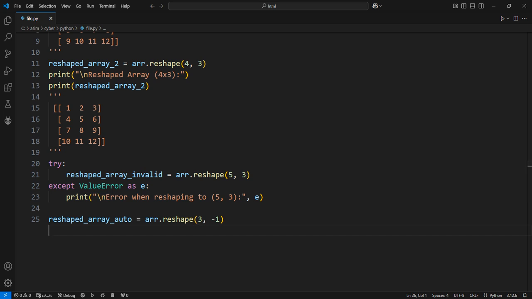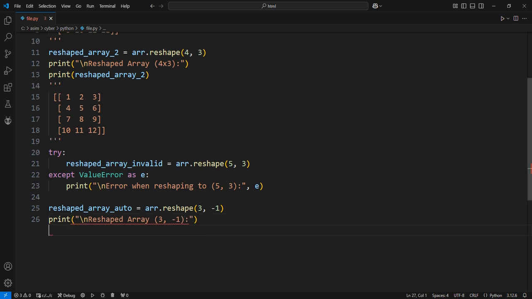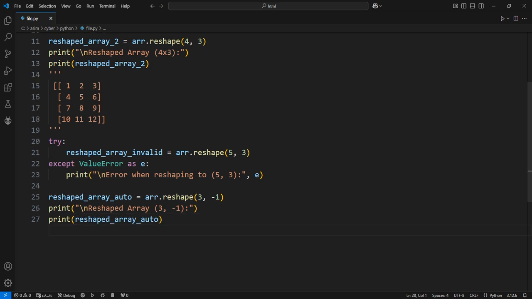This will print the reshaped array. Output will be